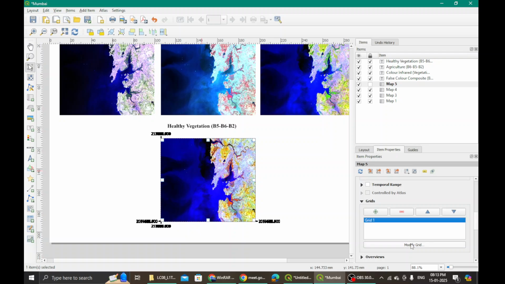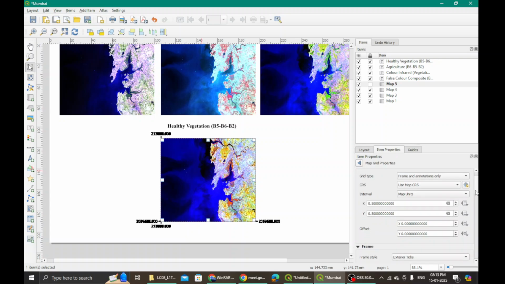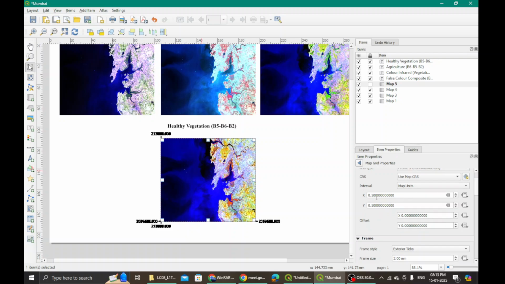I have made a grid. Let me again modify this grid, and this time I would like the interval to be maybe 0.1 degree. Let's see if I get more. So 0.1 degree. Okay. It's taking long, huh?